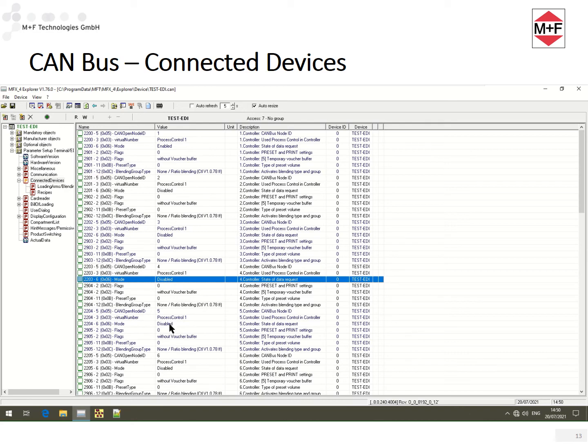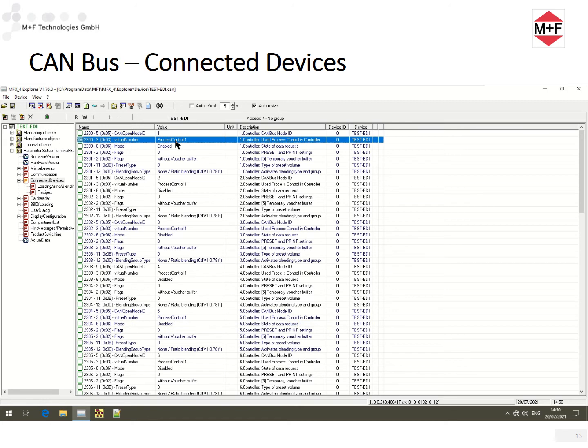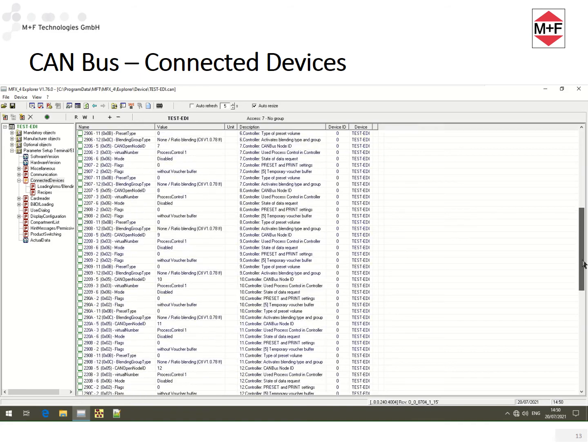In addition, the ARM control or process control used must be set for the activated controllers. Single controllers have one process control and dual controllers have two process controls. The connected terminal is also activated.